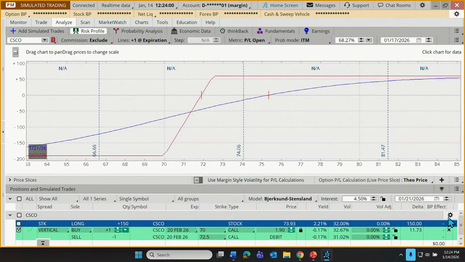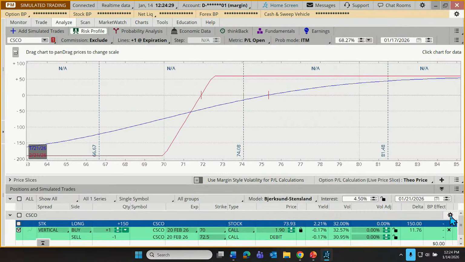I know options really well, but I do not know the impact of time decay over the course of the week on Cisco. I know options very well, but I do not know how much rising volatility would affect it. I know the expected direction of the impact, but not the extent of the impact. So, yeah, Mark, we've been assuming that volatility remains constant. Let's not make that assumption anymore.